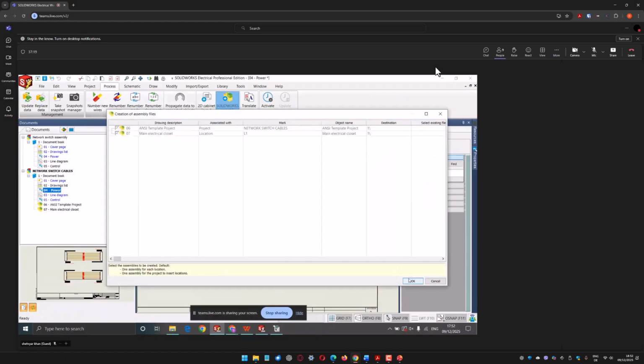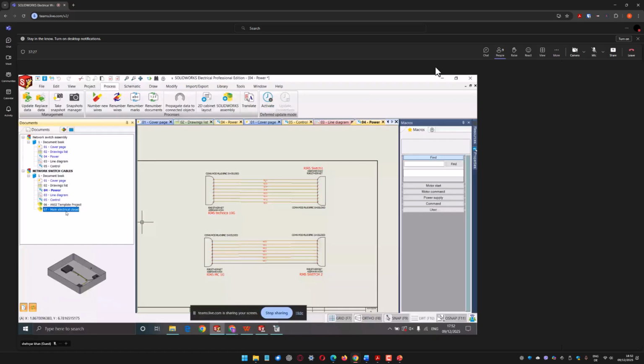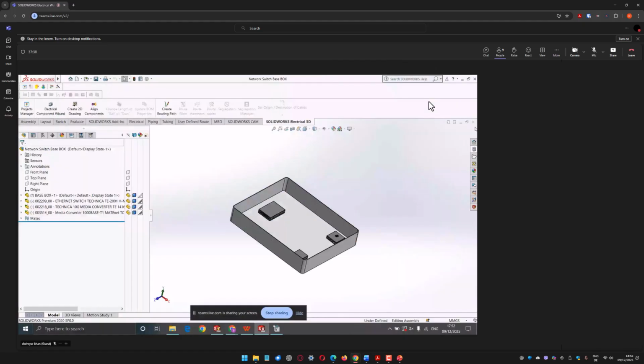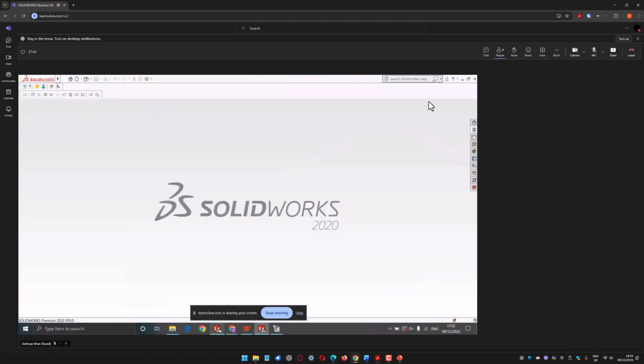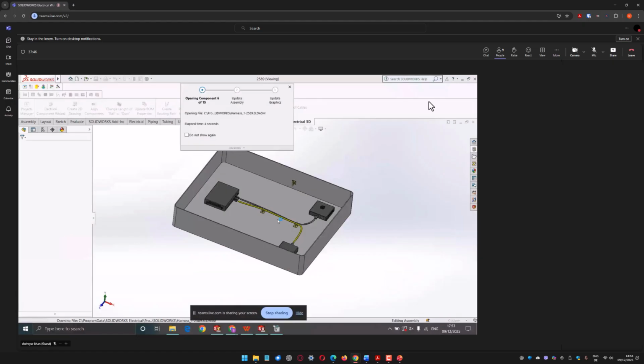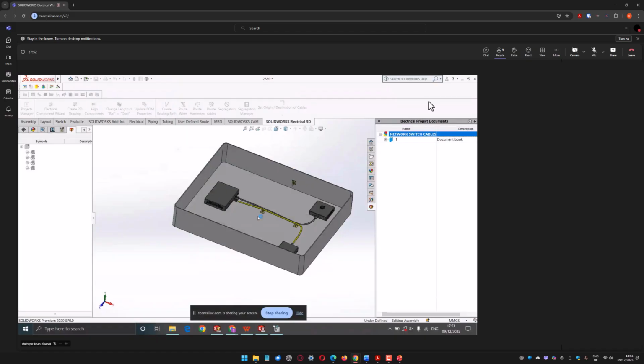You press OK, it will bring you here, main electrical closet. Now here, what will happen is that once everything is done here, if I double click this, it will take me directly to my project which has been created. So I'll just close this, and once I double click it, it will take me to the project or the wire harness which has already been created. So how to do that, I'll show you in a bit. Yeah, directly my project will be synced to this